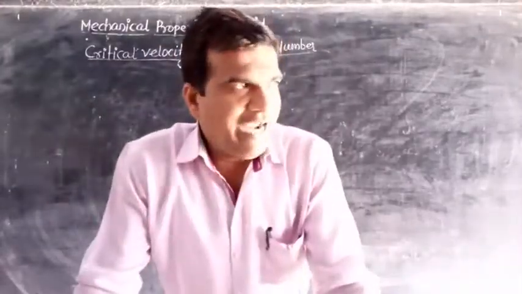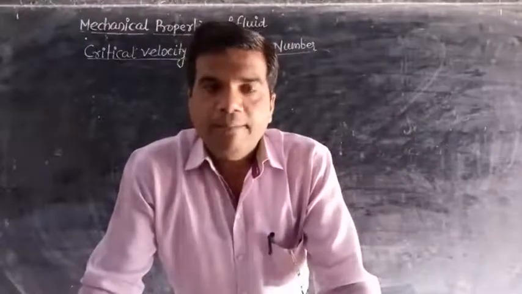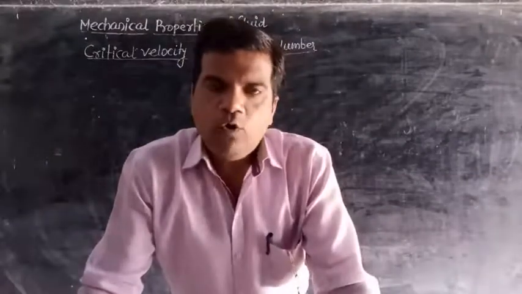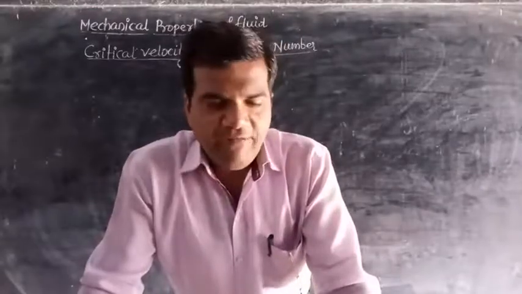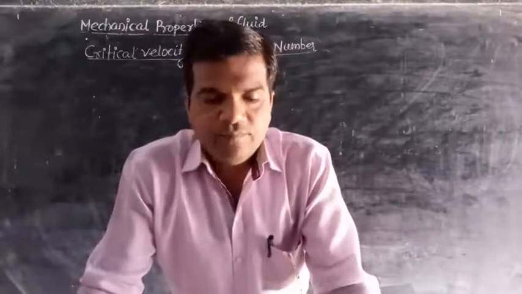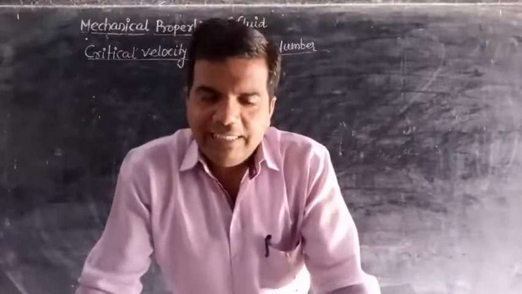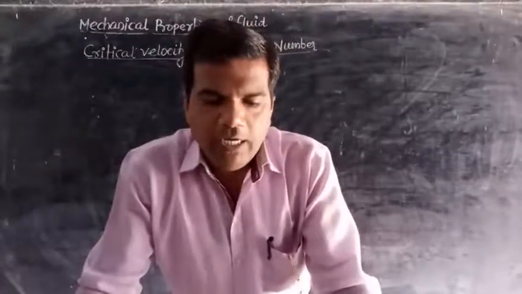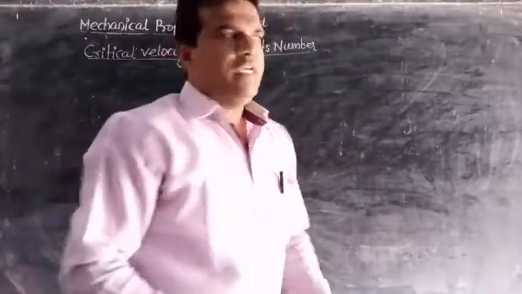So once again I define the critical velocity. The velocity of flow of liquid beyond which a streamline flow becomes turbulent flow is called critical velocity. Or in other words we can define it as the minimum velocity of flow of liquid up to which the flow is streamline, and above this velocity the streamline flow converts into turbulent flow. Critical velocity is given by Vc is equal to